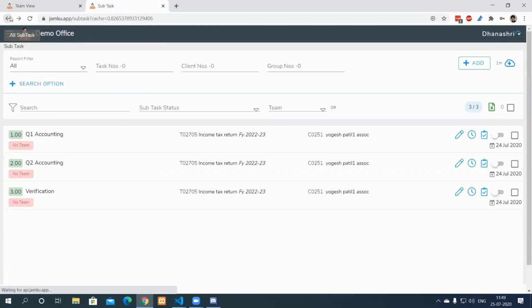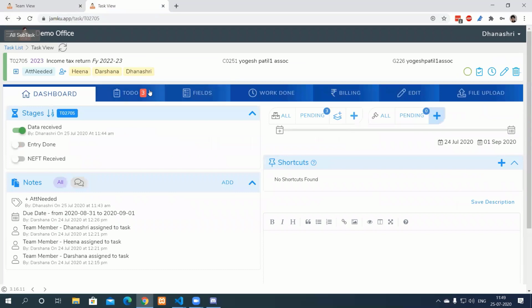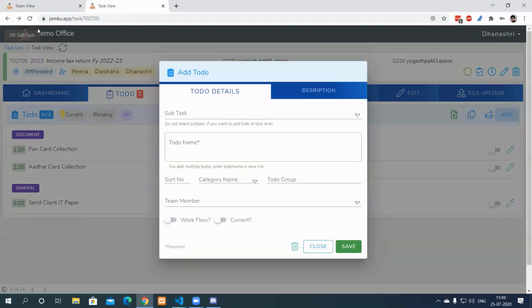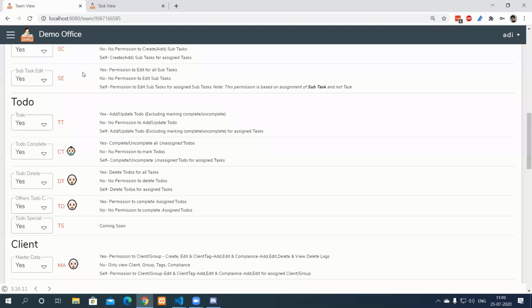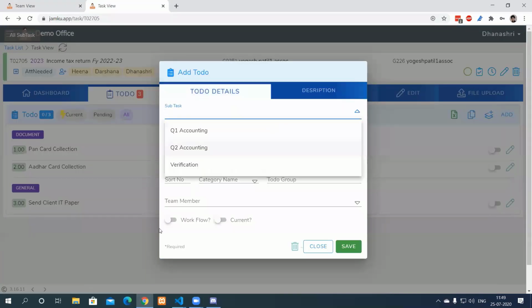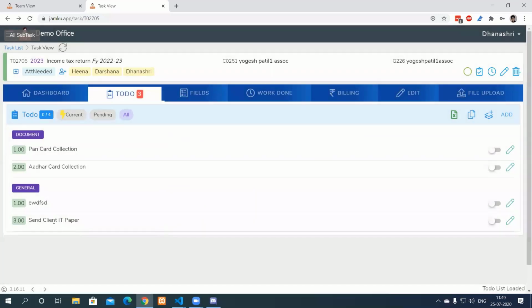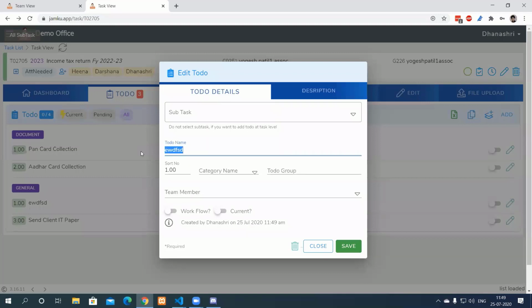So if I go back to the task and if I click on to-do, if I have this simple to-do permission, then I can add a to-do like this. Even I can update the to-do by editing and saving it.